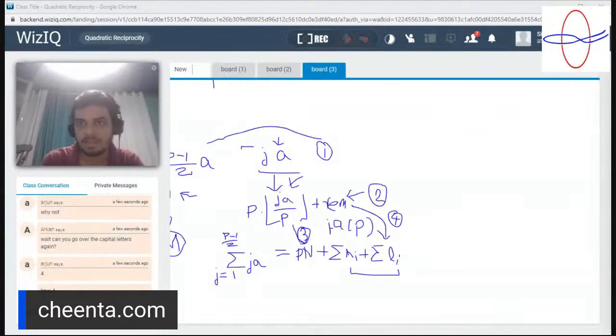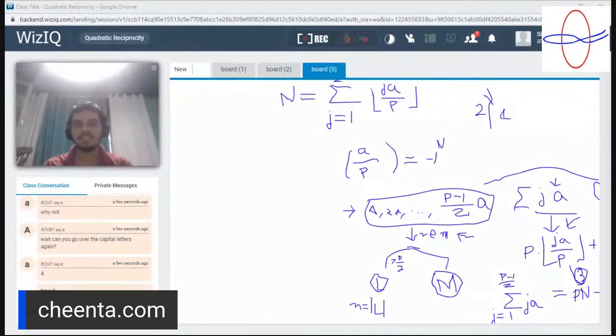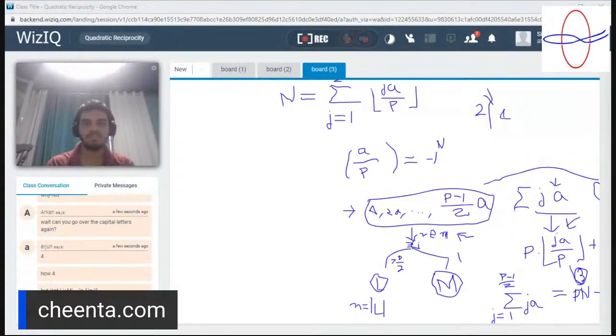Let me write this as the sum of a i j for now, which would be the sum of all of these elements, correct? So 2 is actually the sum of the remainders of all of these elements. And for this step, let's call these xi for now. Xi are exactly the remainders here, and these remainders get distributed into two sets called L and M, depending on whether they are greater than p by 2 or less than p by 2. So the sum of all of the remainders should be equal to the sum of all of the elements in L